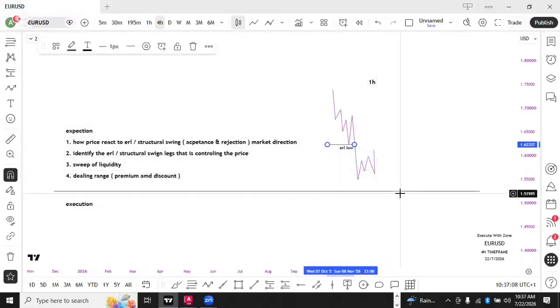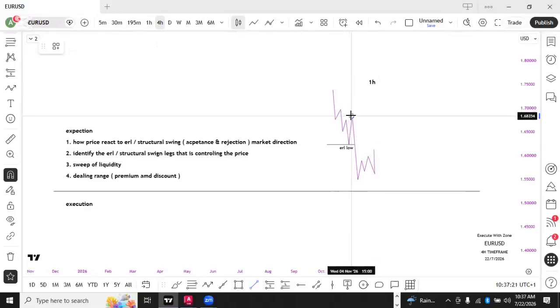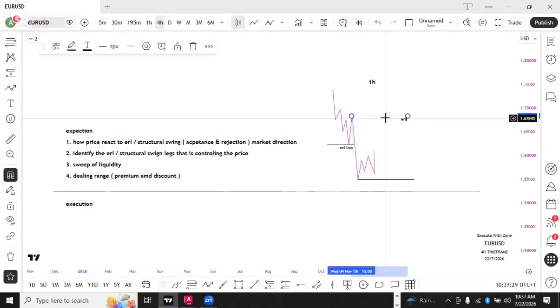I know I'm bearish. But for me to be bearish, I need to mark out the leg, the leg that gives us this break of structure to the downside. And the leg is this external high and the external low. So I know this external high here is my invalidation